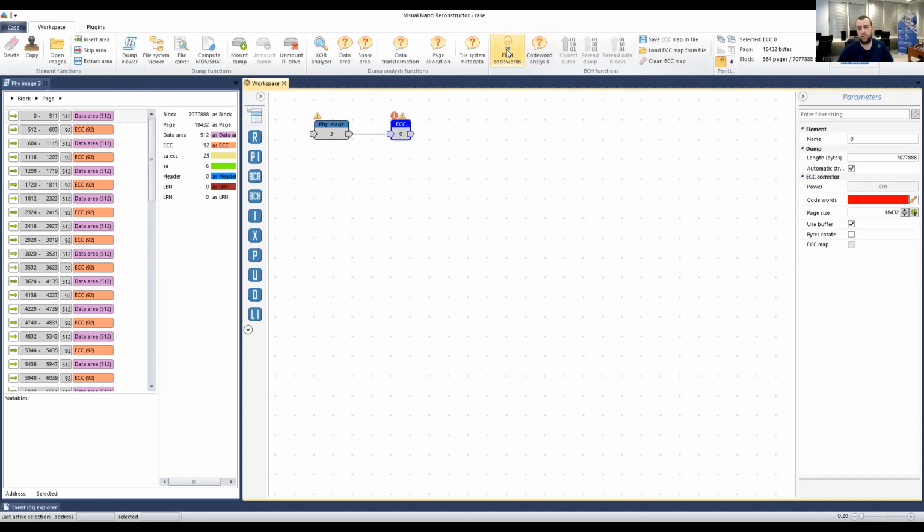But if you get a similar controller with the same problem, where you couldn't find the ECC code automatically, you can always build your own. So here you just need to attach an empty ECC element to the workspace, but make sure you already have the page structure assigned, right? So you can click the code word analysis button here,